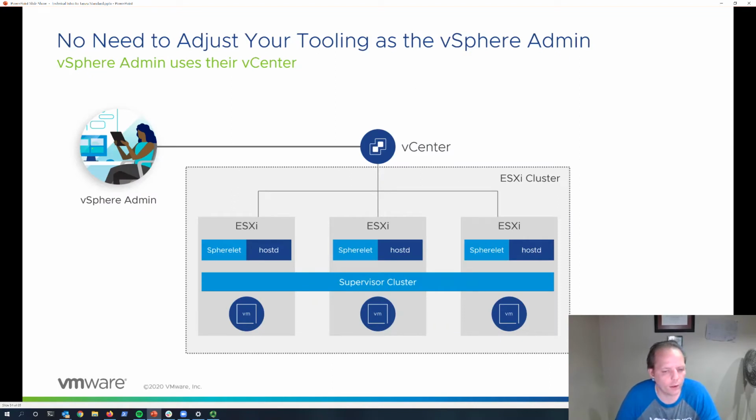Okay, first let's look at the vSphere admin. They are able to continue to use the familiar tooling of vSphere while we're introducing new constructs into vSphere. The way that vSphere is managed from the infrastructure administrator side, the infrastructure admin is able to use those common tools for visibility, for troubleshooting, for support, for defining operational policies, right? While at the same time we're exposing new types of interfaces, primarily for DevOps users to be able to consume,